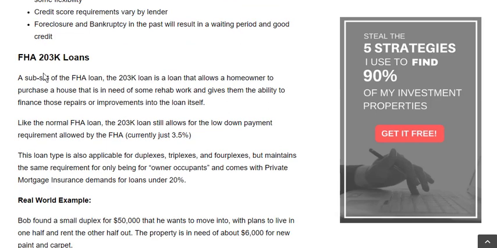Again, this is another type of FHA loan, the 203K loan. It allows a homeowner to purchase a house that's in need of repairs and rehab work. So it gives you the ability to finance some of those repairs or improvements into the loan itself. It basically wraps some extra money into the loan so that you have some additional money that you can